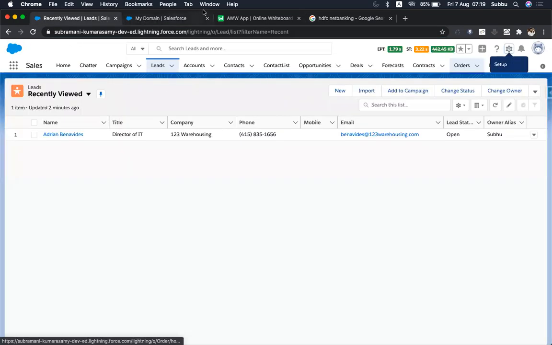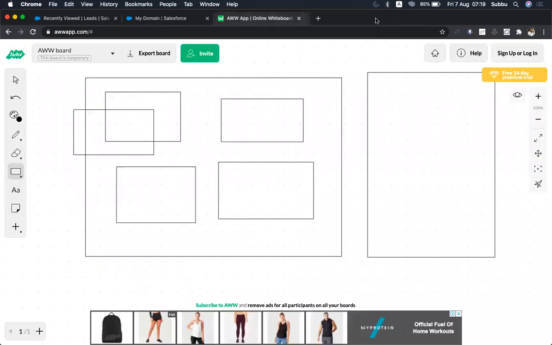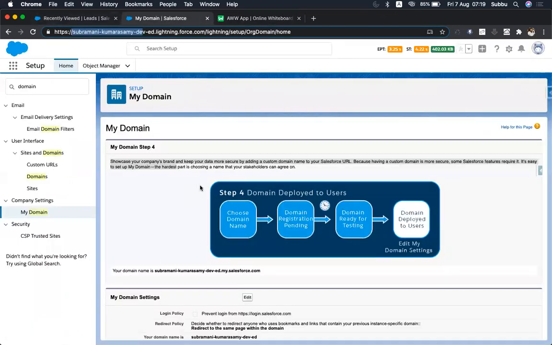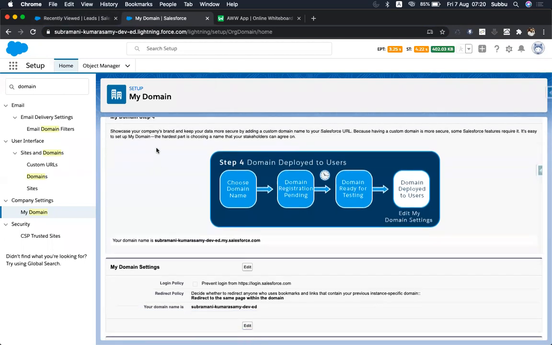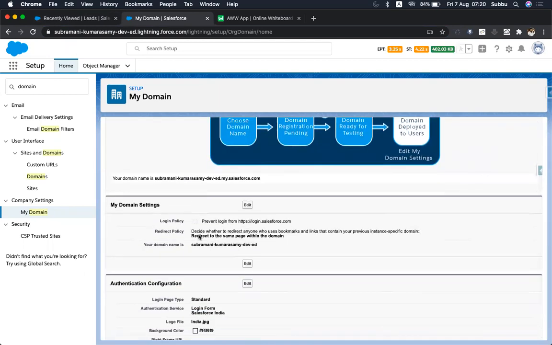HDFC Bank, so that my URL can showcase my company name, right? So you can customize your URL, and it's more secure. If you enable the custom domain, all the data will be more secure. So that's why you enable My Domain before creating any Lightning components.